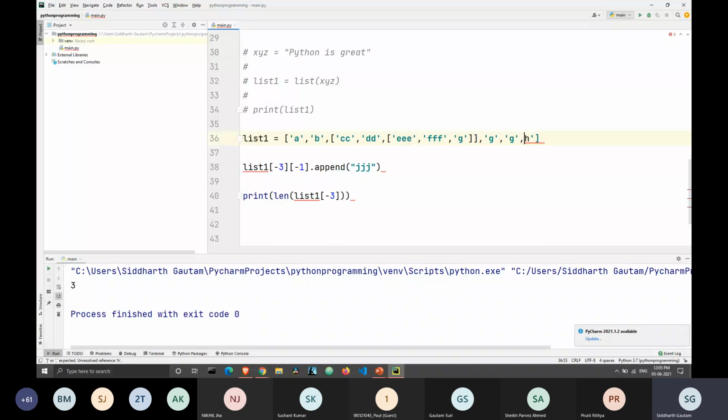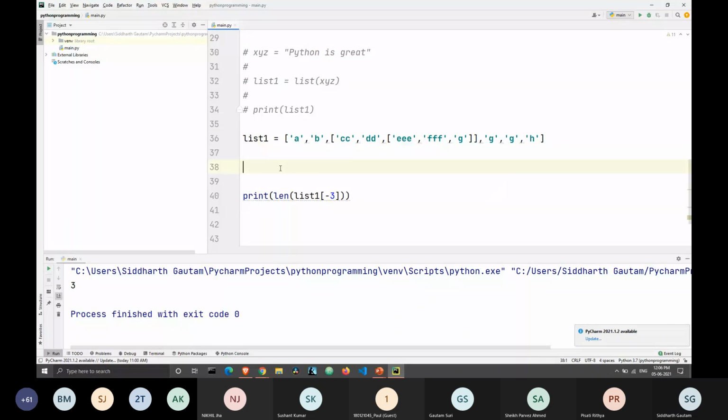Let's see. All right. So which of these elements do you want to replace? The outer one. This one, right? Yes. Okay, so let's take a count of the index. This is the 0, 1, 2, 3, and 4. Which means we have to change the element at the fourth index.